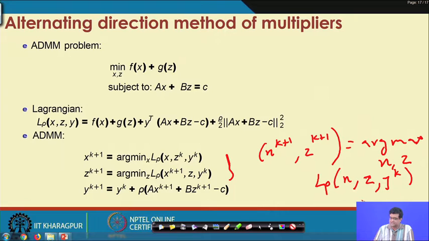This would be the method of multipliers solution. Instead, we can now split it in the ADMM step.